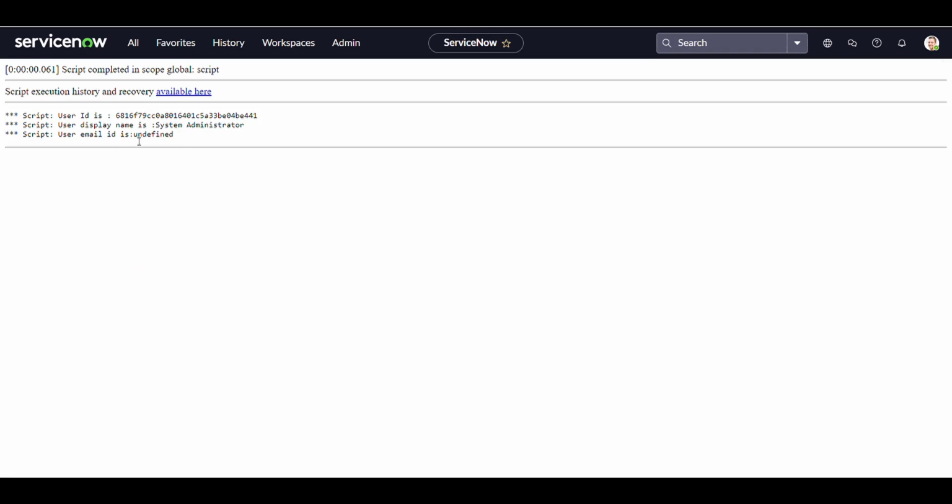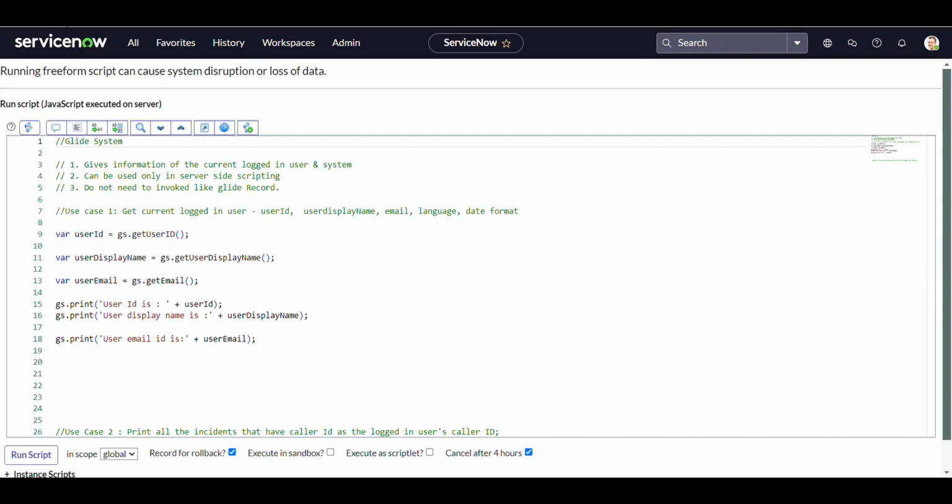And as you can see, we are getting undefined. The reason we are getting undefined is because there is no such helper function called getEmail. All that we can get directly by chaining any function to the glide system is the user ID, the display name, the first name, the last name. But if you want to get any information further than that and you're not able to get any function directly,